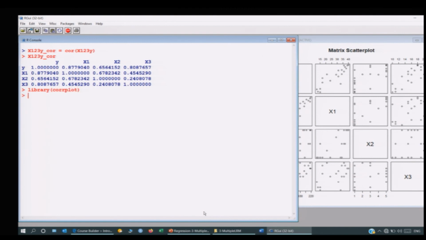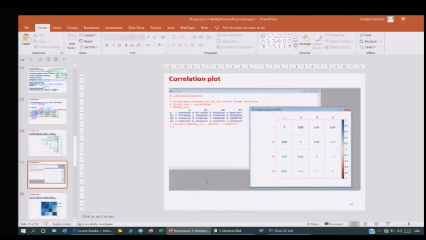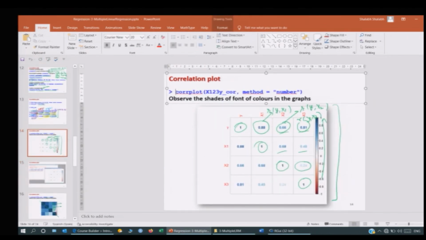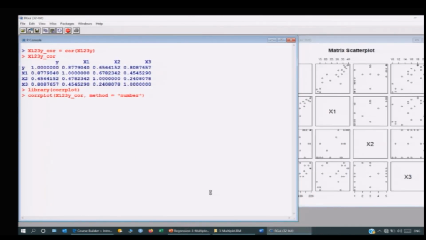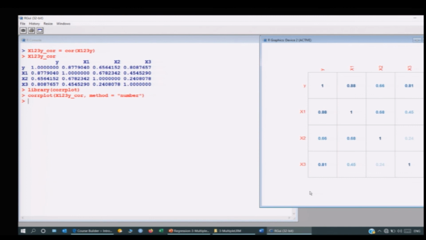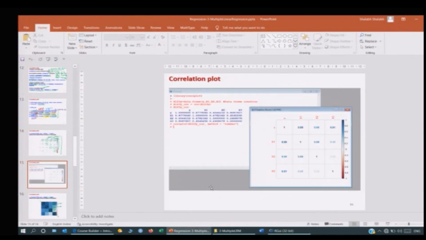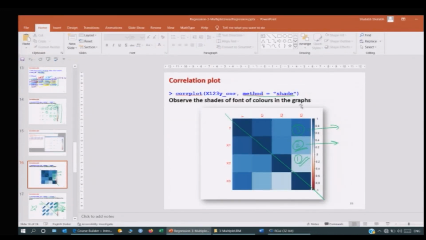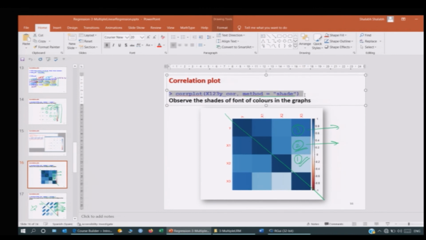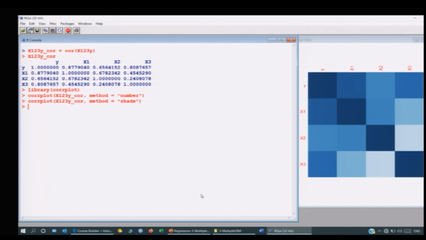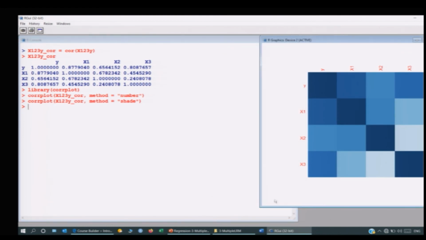So, you can see here this is loaded, and now if you try to use the command corrplot for the number, you can see here you get this outcome. You can see very clearly how the shades are changing, and if you want to use method equal to shade, you simply have to use this command on the R console. You can see you are getting the shade,